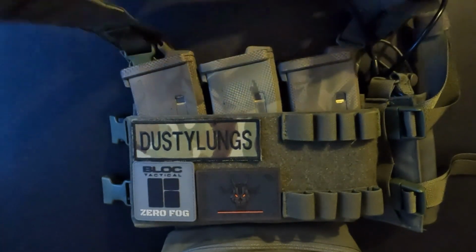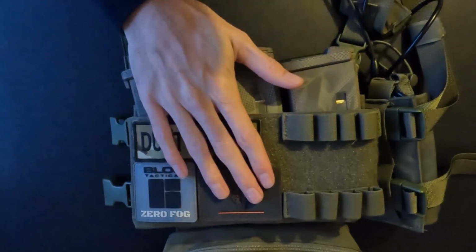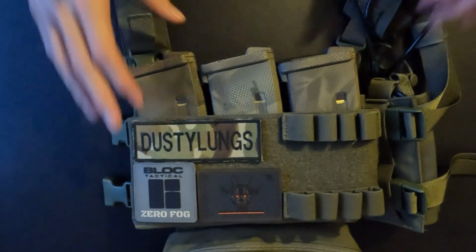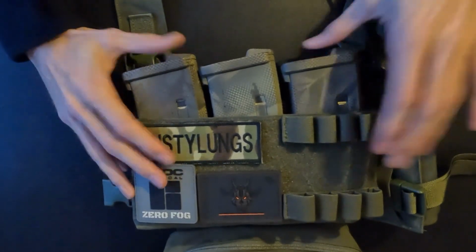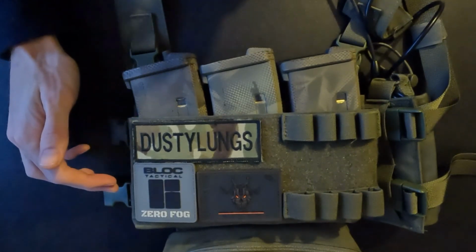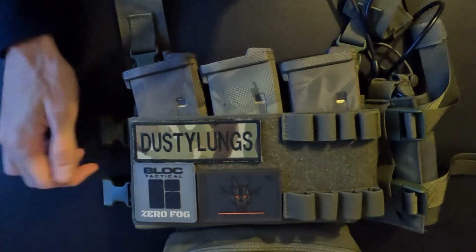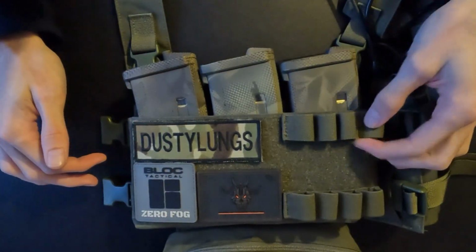So this is my chest rig. I've always run plate carriers until I got this. I've got a number of plate carriers that I've gone through, different types and styles. Always been a plate carrier guy, until I got this chest rig. I got it just for a small game that we were going to play where I didn't need to bring a lot of kit with me. So I got it to be light and nimble, and I've used it ever since,